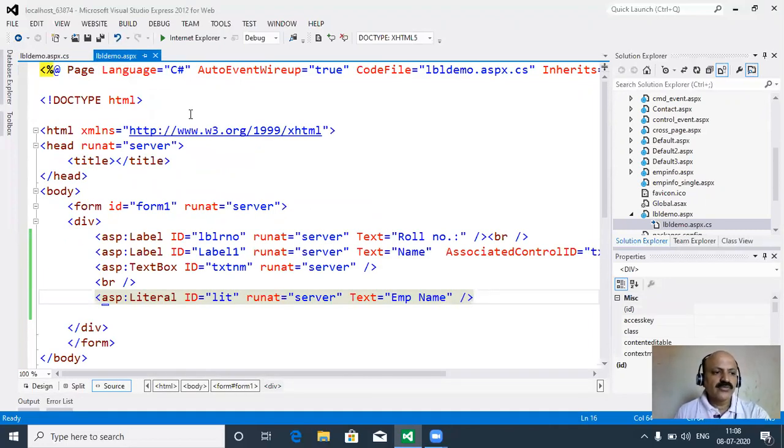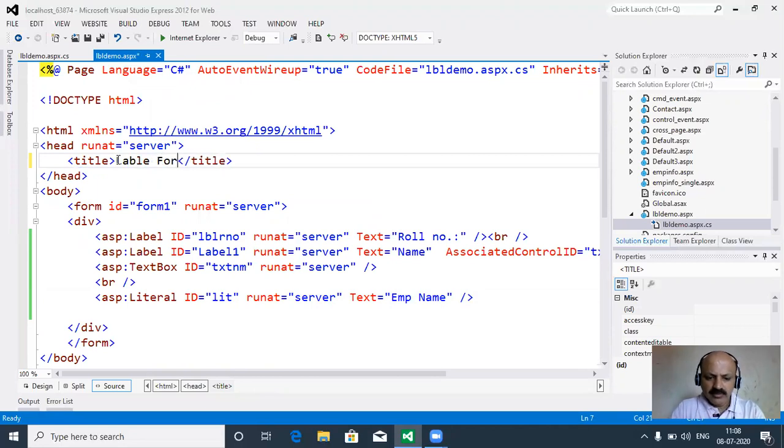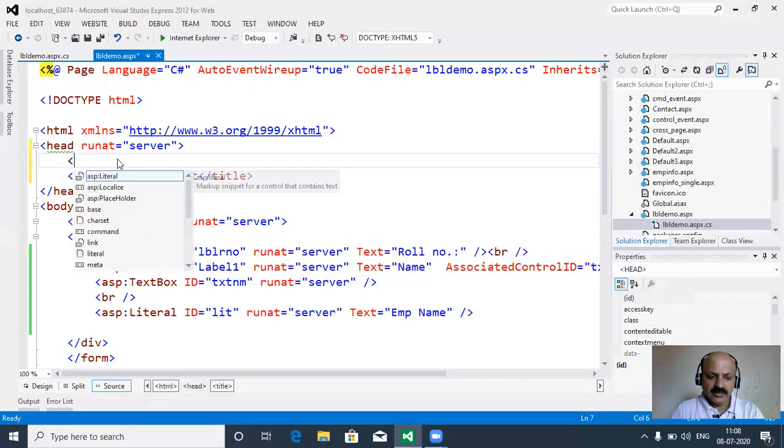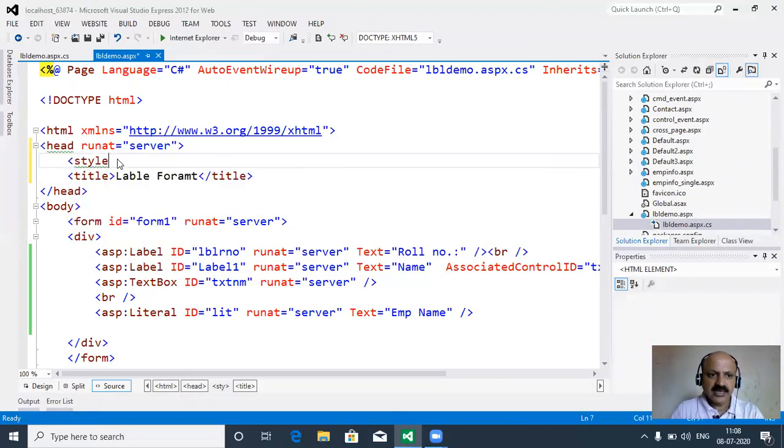Now, fourth difference: label control can be styled, means you can apply the font style, means formatting, but literal control cannot be styled. So here we give the title label format. Okay, and we apply formatting here, taking the style tag and set the type attribute text/css.